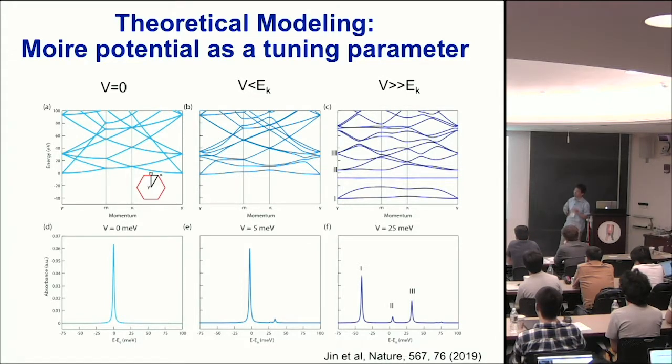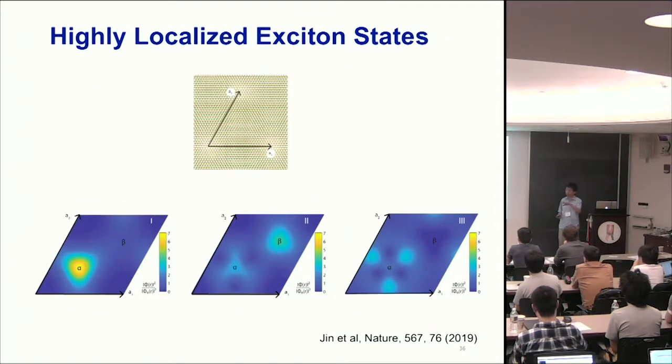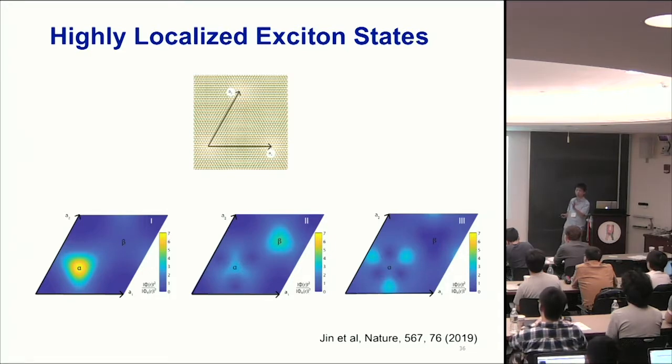So that's a very large Moire potential for the exciton in order to produce the changing optical spectra that we see experimentally. So you can see three well-defined separated peaks with a separation on the order of 70 meV. And also, if you look at the exciton wave function, we found that they tend to be rather localized, and the different exciton transitions tend to be localized at a different part of